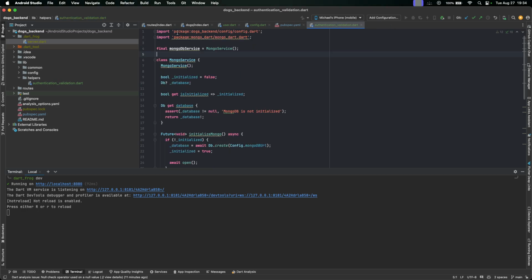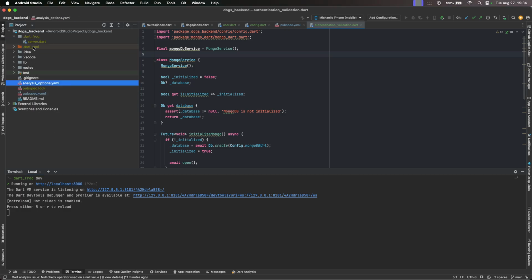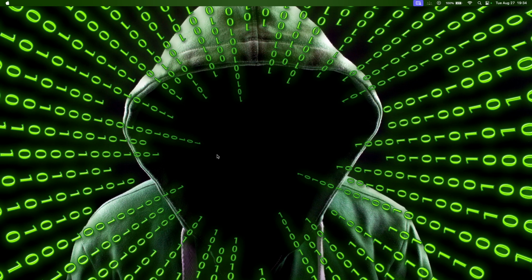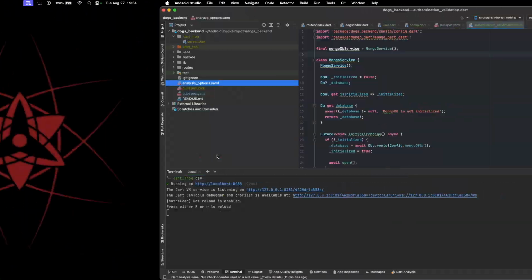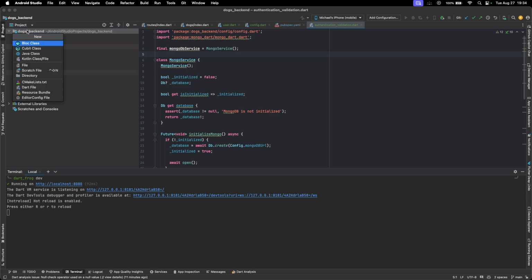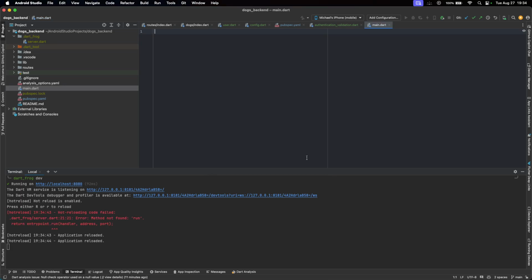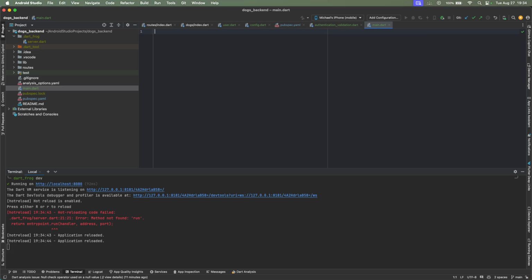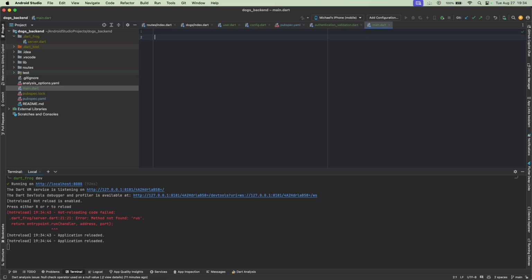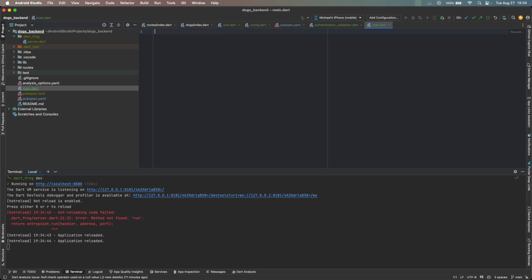So what we do is we want to have a main.dart file in our routes that we run directly. So we'll go to our root and create a main.dart. Then you can now write your regular Dart code here. So normally we would have void main,